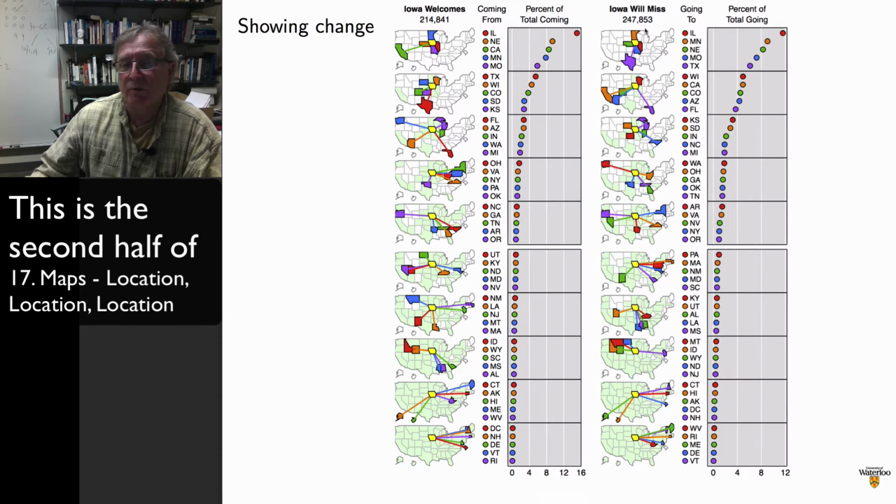Now, where people from Iowa are moving to, again, not surprising, the neighboring states, but this time Texas is the highest value. So these are two sets of micromaps side by side, and what we're showing is the flow into Iowa. Again, now light green showing the cumulative states that have already appeared. Seeing the light green flow into Iowa in this column, and the flow out of Iowa in this